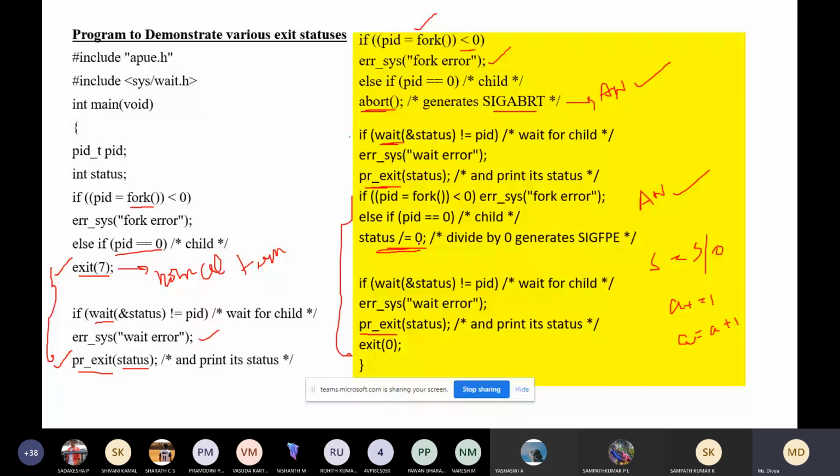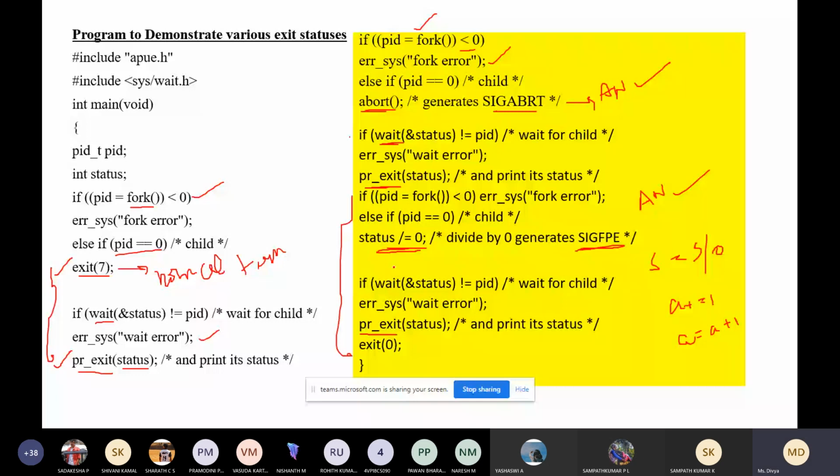0. Okay, you can see here 3 times we are creating the process. This is first time we are creating the process, and we are terminating the process here, child process. Okay, again here the parent process is creating the child process, and it is terminating using abort. Here also we are creating the process, and here we are dividing the status by 0. Okay, here we are generating the signal, that is this signal, by dividing the status by 0. Okay, so you can try to execute this program.